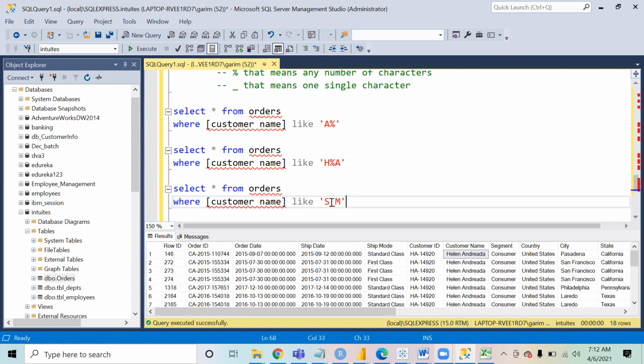That means the name should start with S and end with M, but between S and M it can have only one character. You cannot have more than one character.